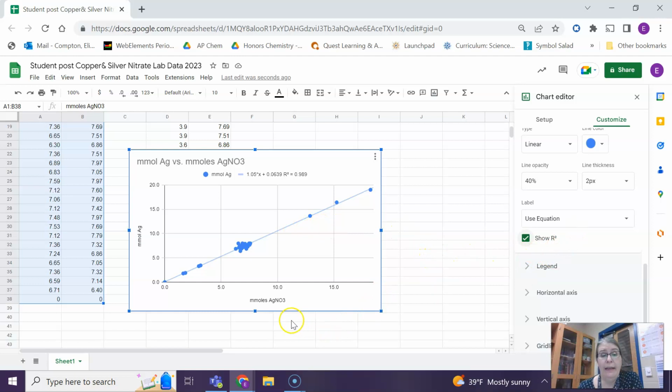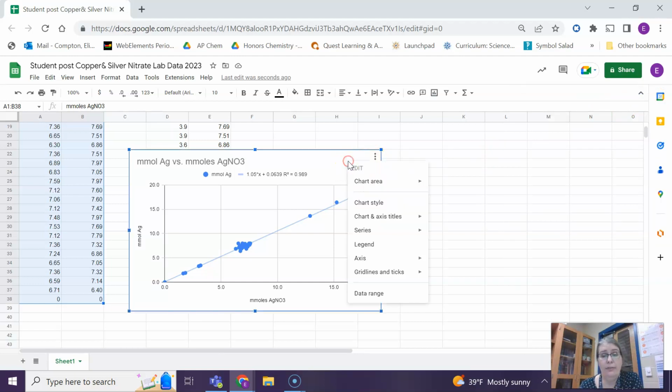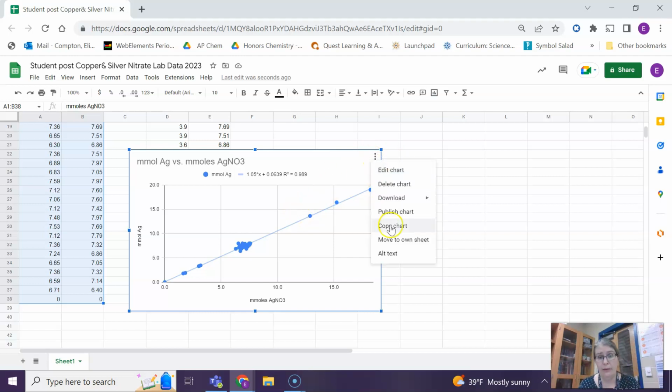So since I have my axis titles with their units, and I have my equation and my trend line, I've got basically everything I need here. So in this case, when I click on my graph, I can either click on the graph and use Control-C to copy and Control-V to paste into my document, or I can click here on copy the chart or download the chart as a graphic,